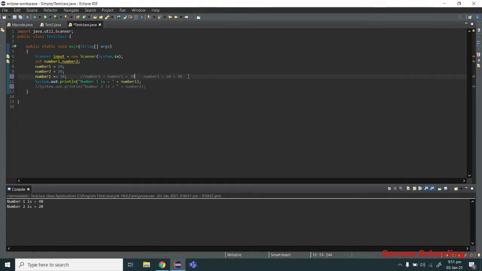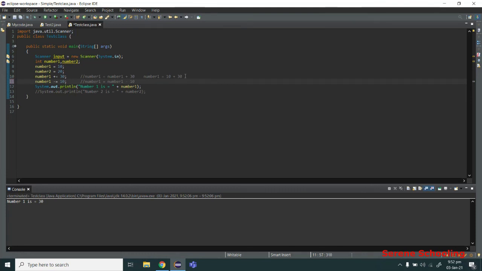Similarly, we can do multiple operations with them. We can now decrement it by 10. Let's decrement it by 10. As you can see, now it is printing 30. Since first I incremented it by 30, and then what I did was number 1 is equal to number 1 minus 10.